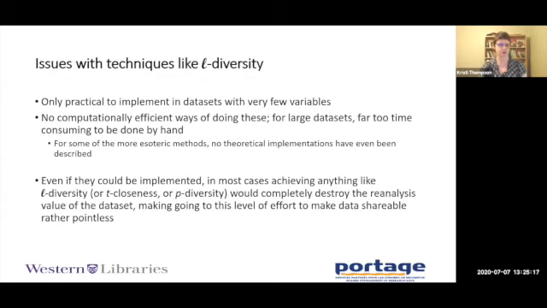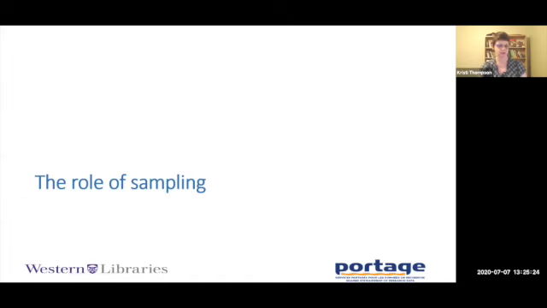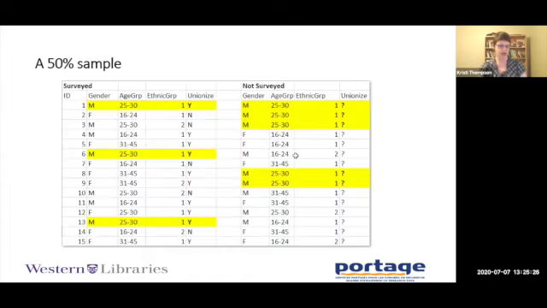What I haven't discussed so far is the role of sampling. Until now, I've been speaking as if it was possible to have perfect knowledge of a survey population, and as if it were a complete sample of that population. Let's return to that workplace survey data set, but this time imagine that the data set is only a 50% sample of the population. In this example, cases 1, 6, and 13 still form an equivalence class, but the equivalence class has 5 additional members who are not in the data set,